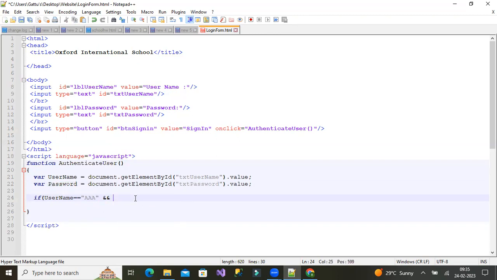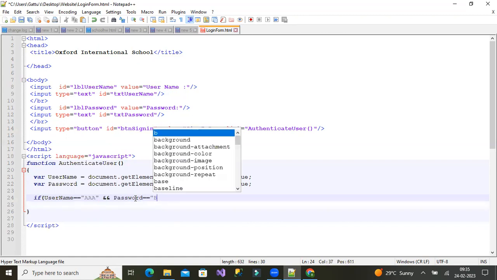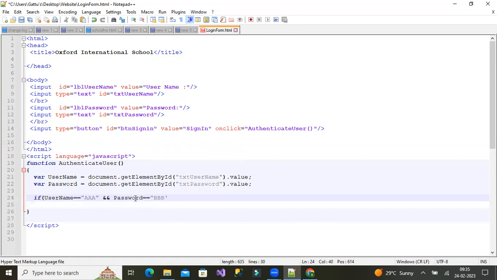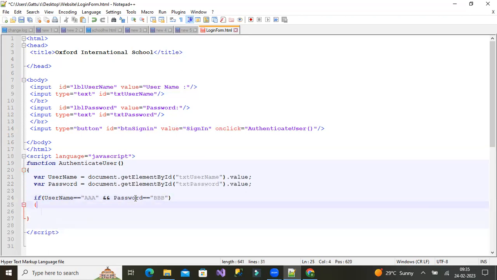If username is equal to AA and password is equal to BB. Okay, then